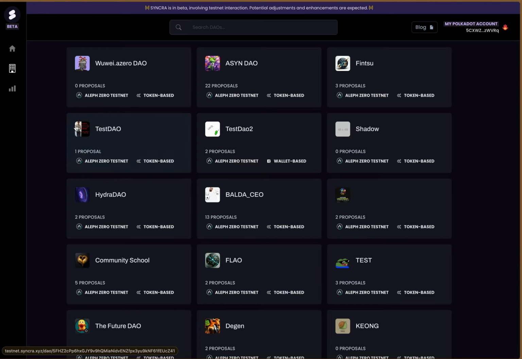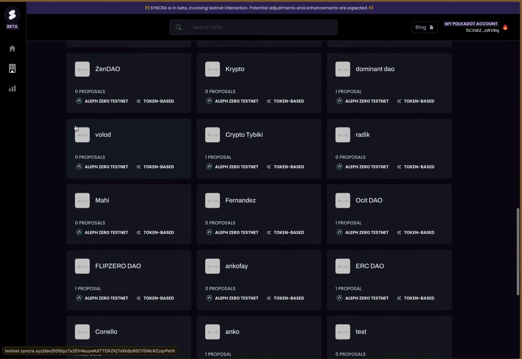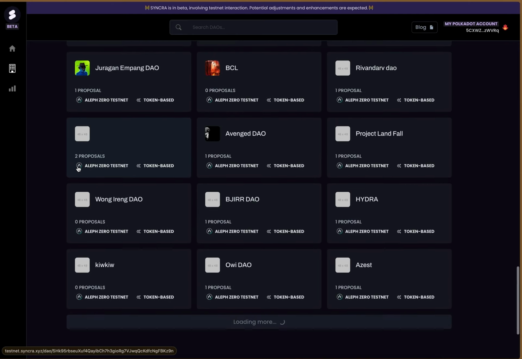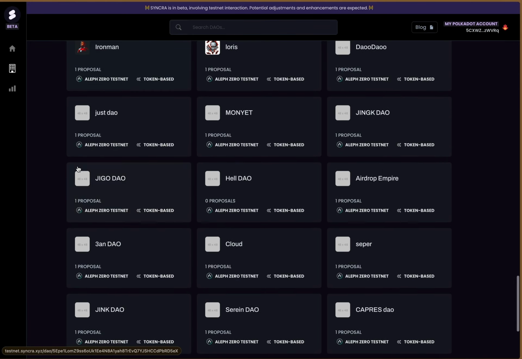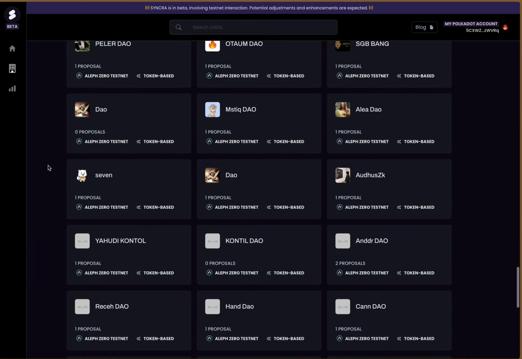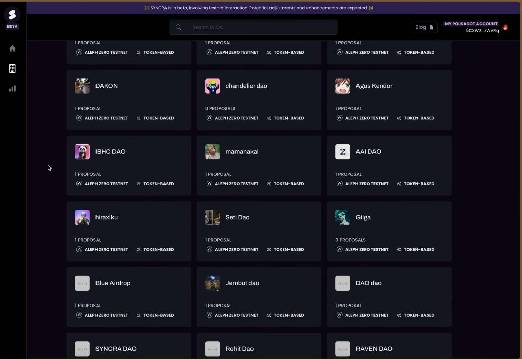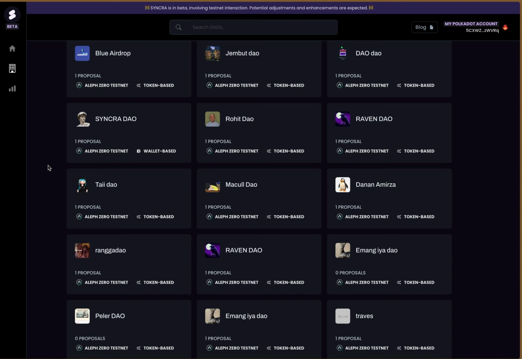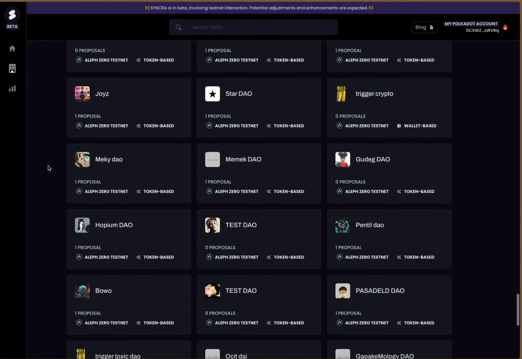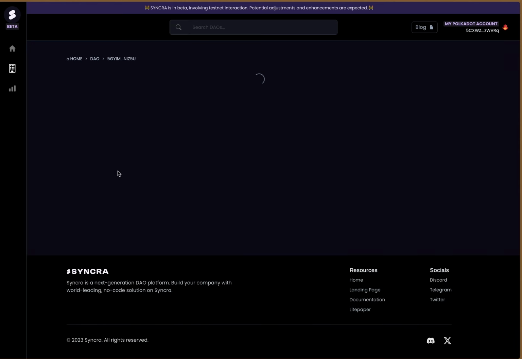So there's a few of them with a few proposals. Nothing really too notable. These all seem like throwaway tests for farming points for an airdrop, which would explain why there's so much quote-unquote activity on the network. So I'm assuming that most of these were made by the same dozen people or so to farm points or whatever. So let's just check the first one here with many proposals.